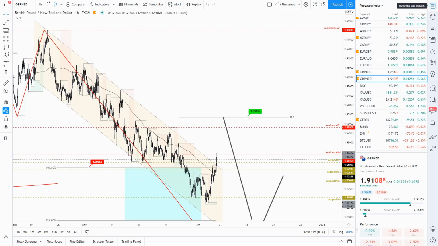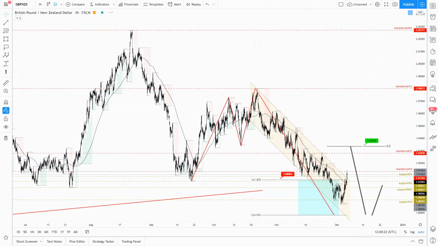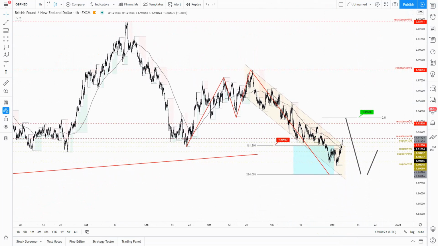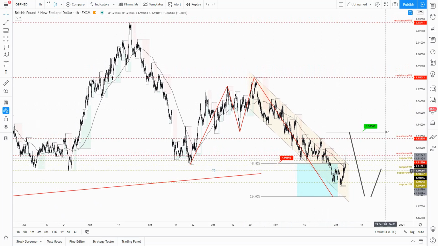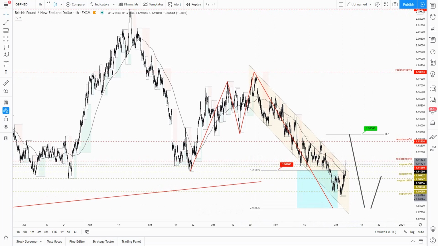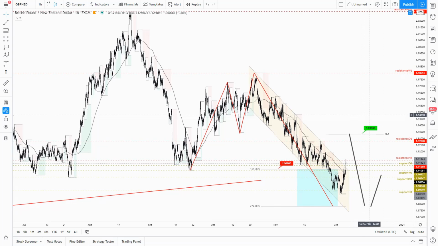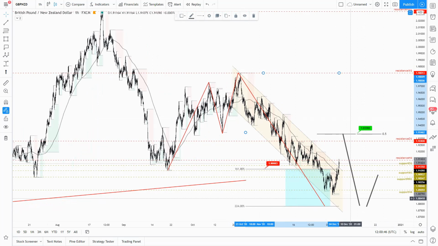The cable, the pound versus the New Zealand, also has a nice bounce from the middle of this range between the bullish shark pattern completion points. I hate when this happens, because we enter the market at the 168 extension or at the 224% Fibonacci level, and the market finds support right in the middle of those Fibonacci levels. So it has failed the shark pattern at the 168 extension, and it has failed the completion of the shark pattern extended at 224.